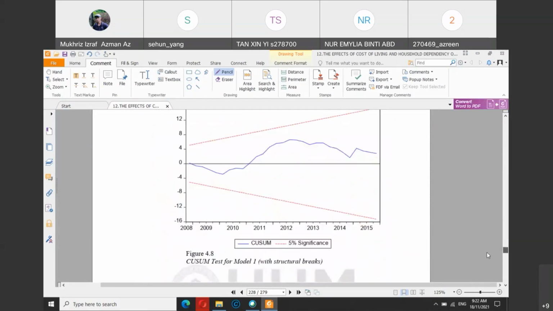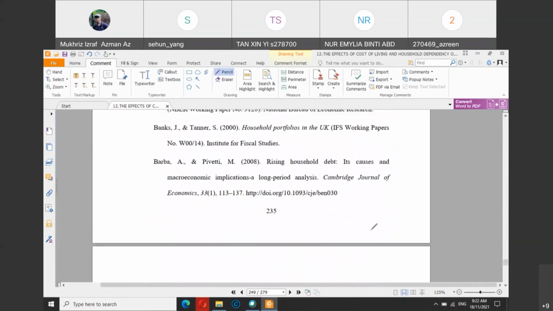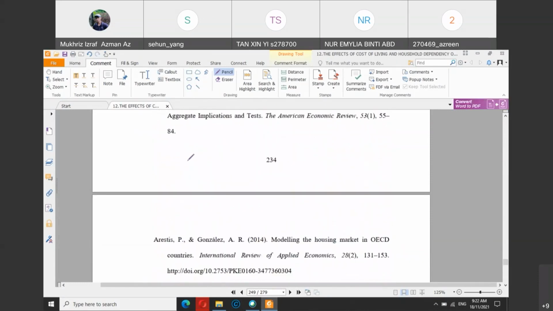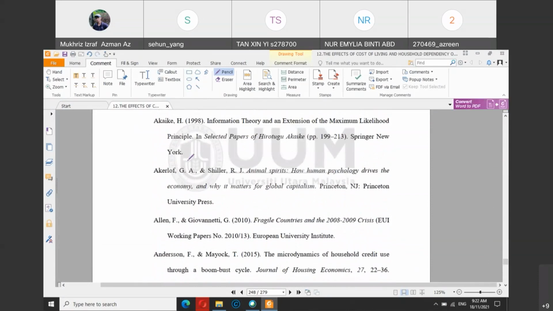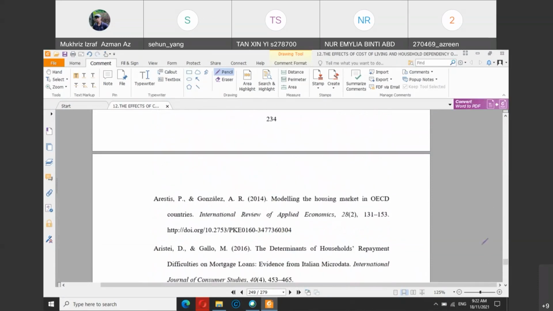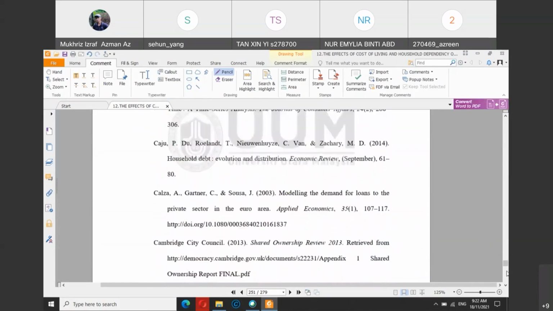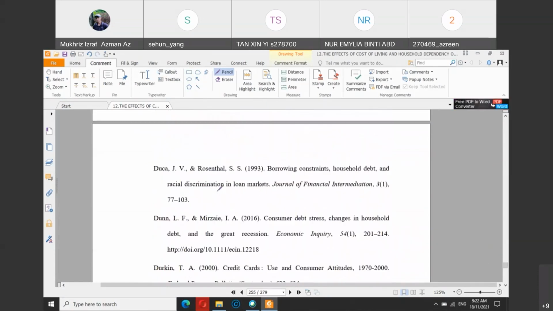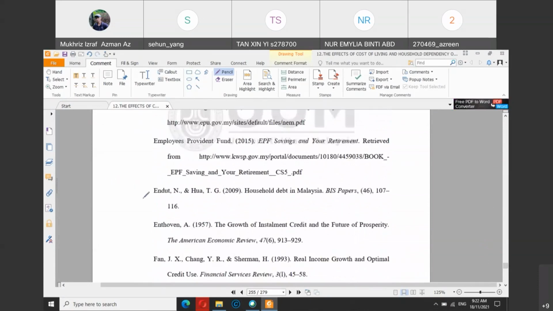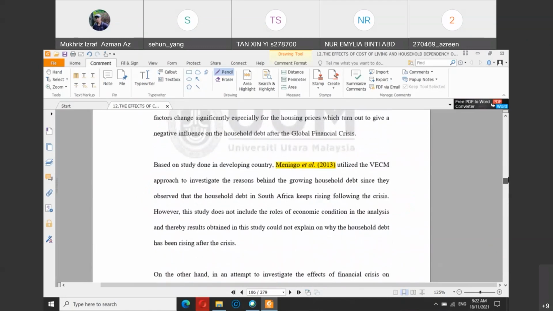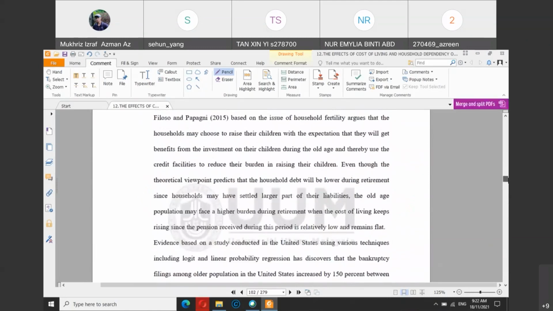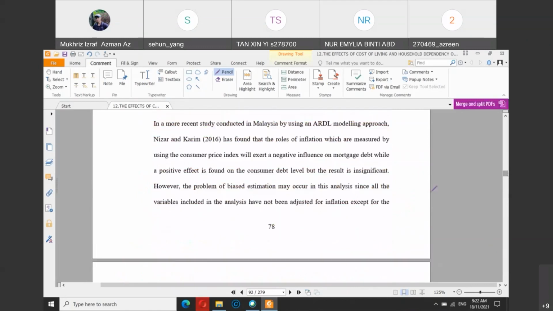meaning I go to your reference and find the start with E, and of course you need to arrange your references from A to Z, alphabetically. So I just go to E and see whether Endut and Hua is here or not. EN, okay, so the article is here. So I can just copy and paste this reference and put it in Google Scholar and try to, let's say if I want to know more, is it what you claim by Endut and Hua in this particular paragraph, is it the same one as what they mentioned in their original paper?